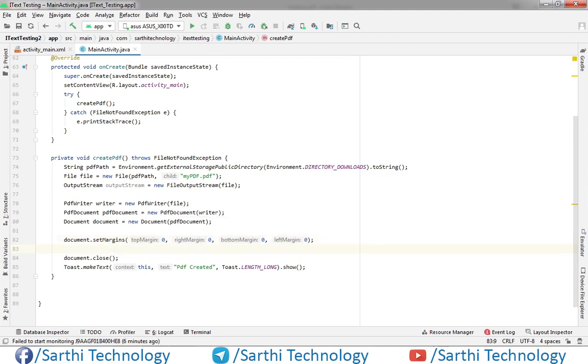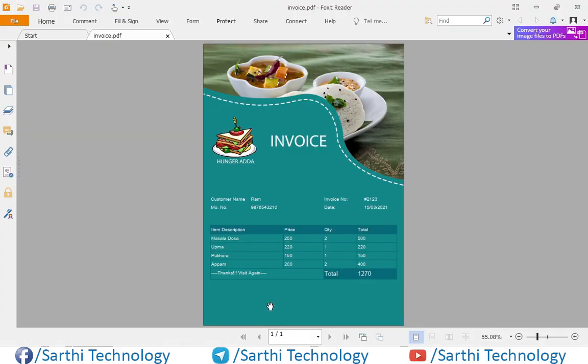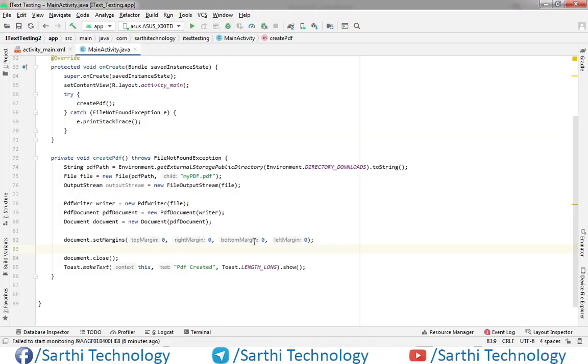Now we need to place this background image first, and after that we will put this other image on the top of this background image. So to place image, let's write the code that I have discussed in the previous videos.